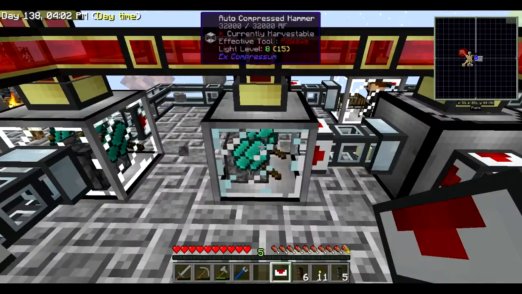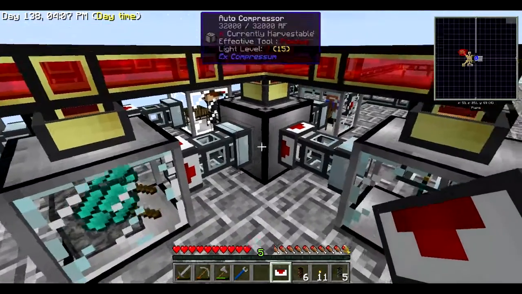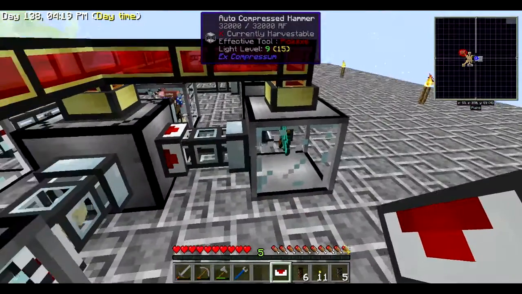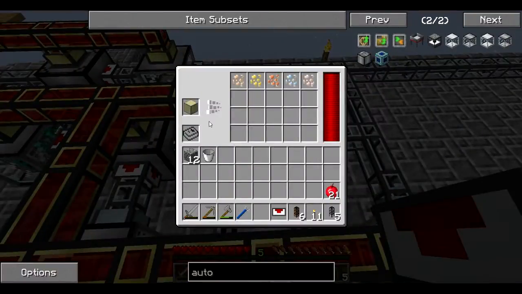Okay, we got our gravel going in here and getting turned into sand. The sand's going out, being compressed in here. Now, I'm probably going to have to wait for this guy to fill up, because I don't think it's going to send both directions. I think it's just going to send to that sieve right now. So we need this sieve to fill up here before...